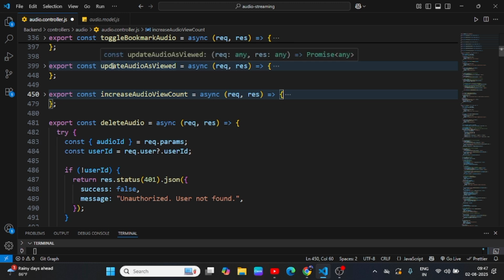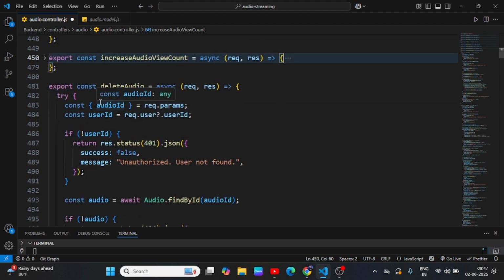Yeah, for this controller you can't, but for this controller, increase audio view, you can. Okay, and then delete audio, which means on every platform you can delete. Let's say you are a creator, so you can delete your video or audio, whatever it is. Here we are working with audio, so as a creator I want to delete my video